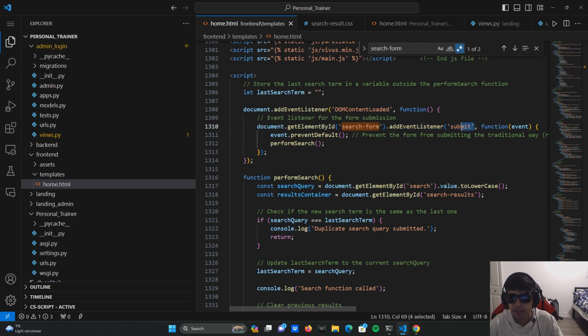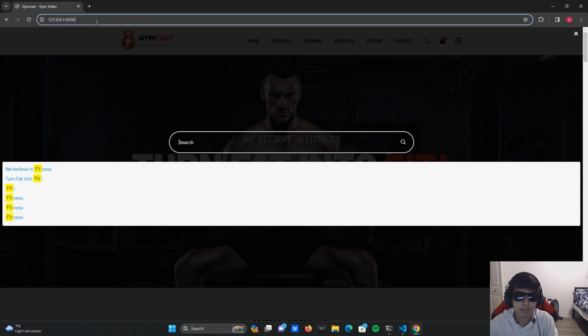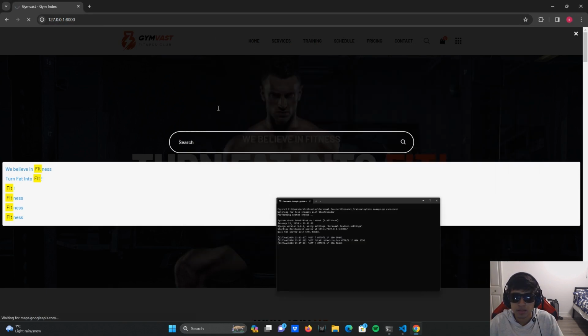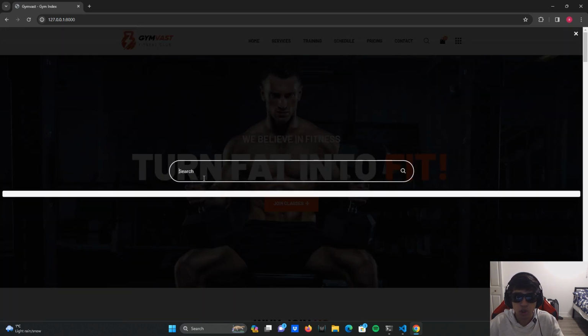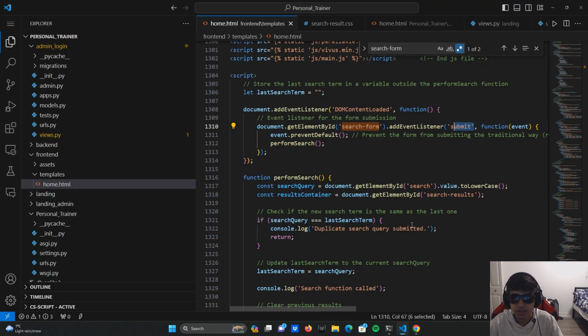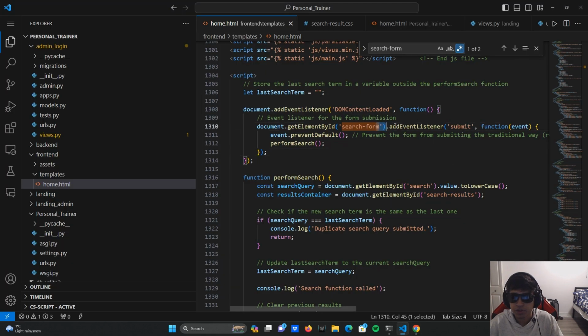And if that submit happens, what does that mean? That means right now I'm going to search something here. If I write here, first I load search, right? Because I load the search, that means I'm inside the search form. Right now if I enter, it's just going to listen for the submit and then do the rest, which is this, right? So we're going to listen to the submit, and whenever the user submits any string,